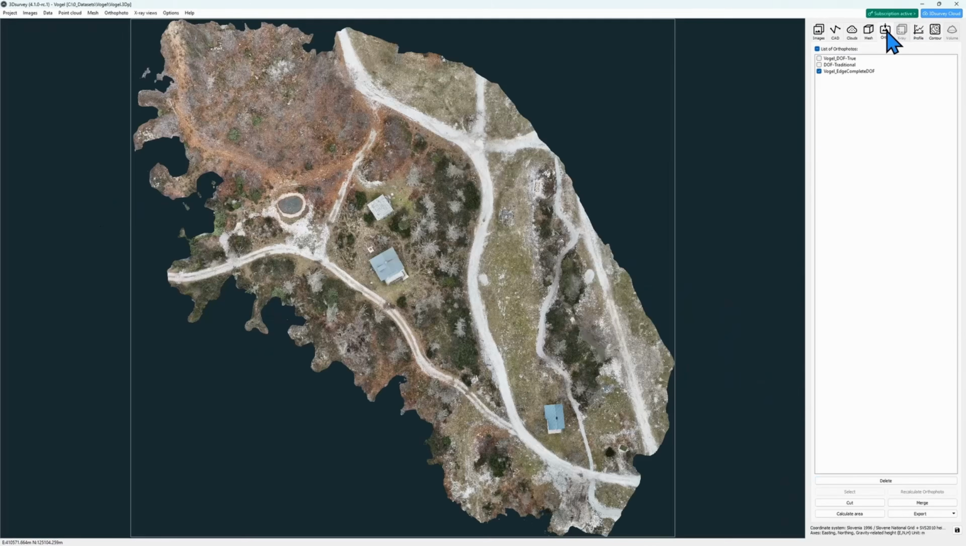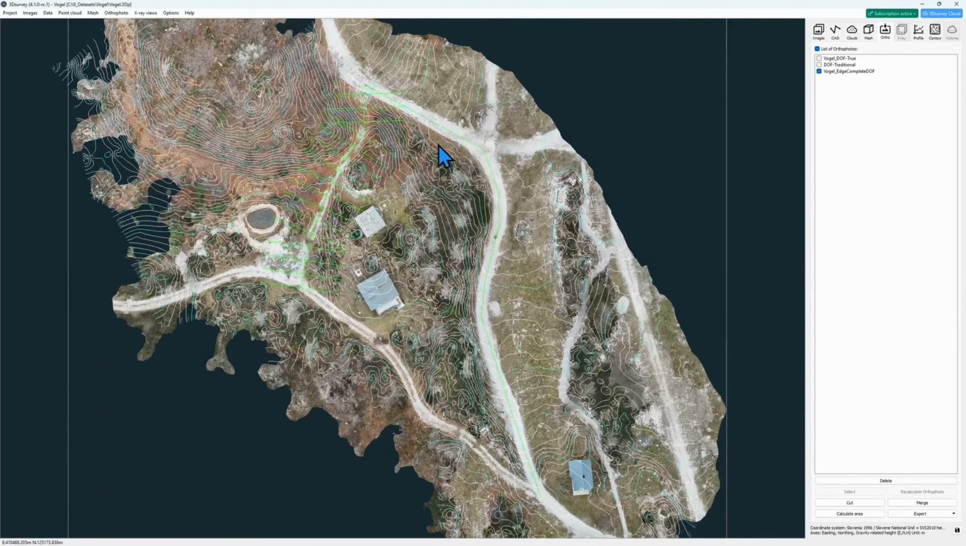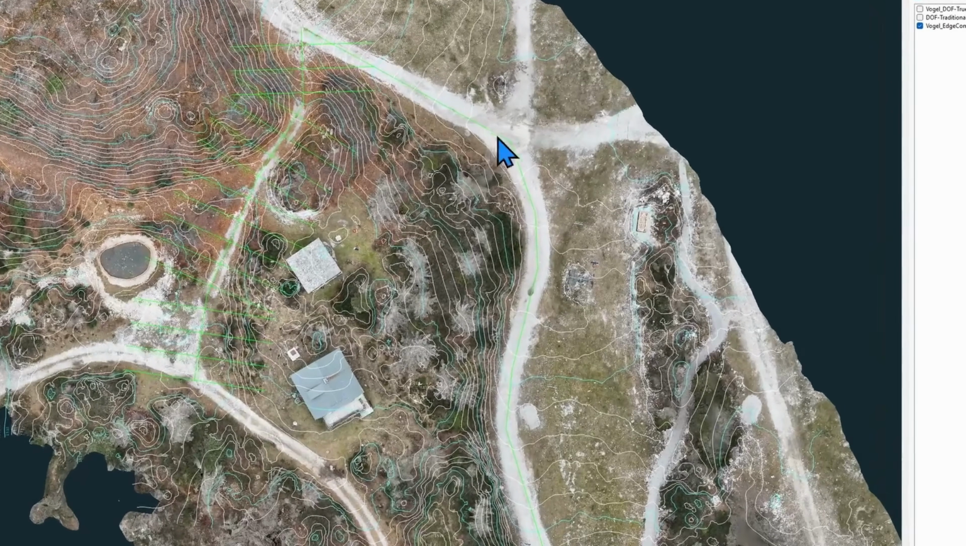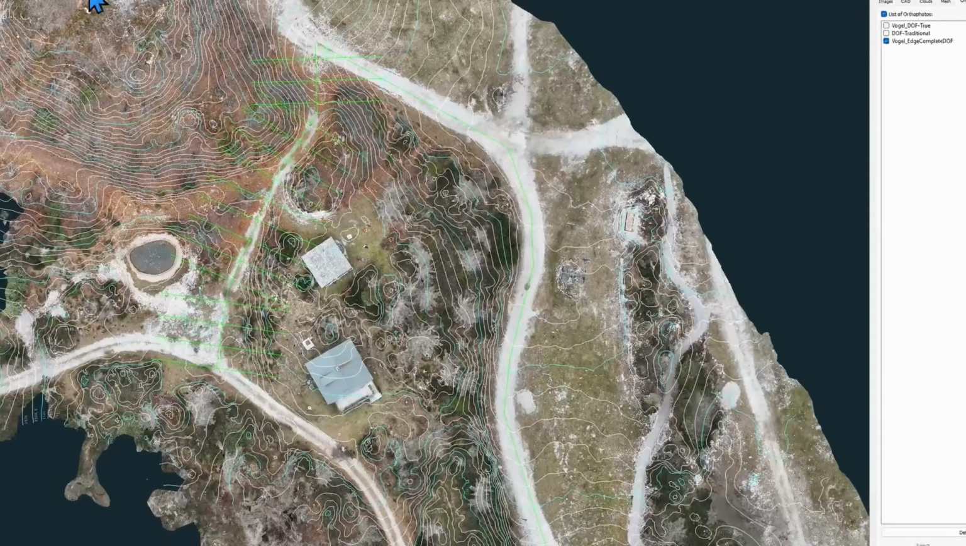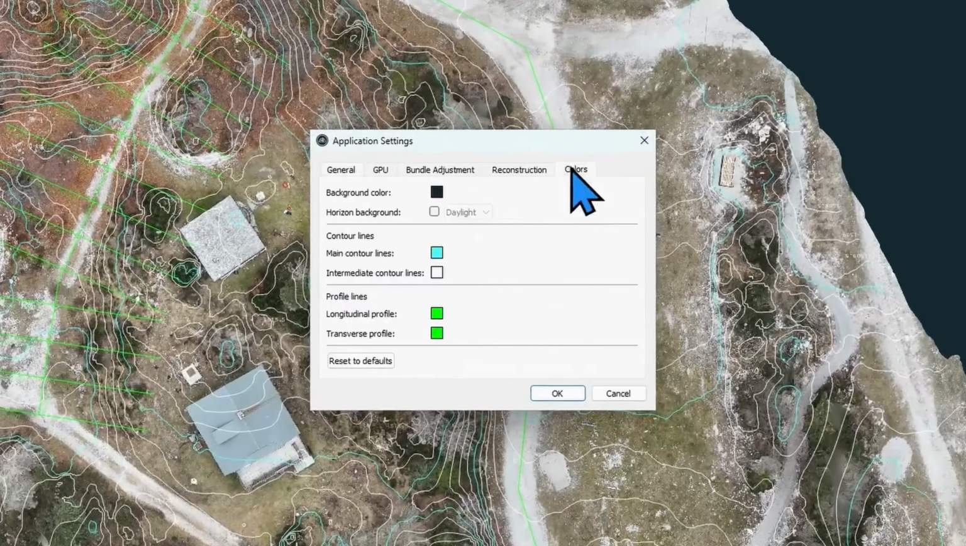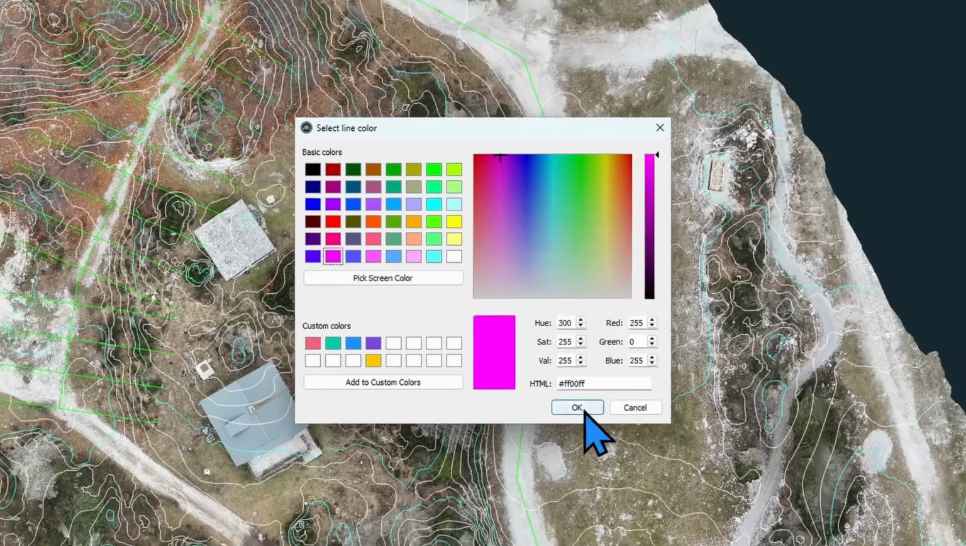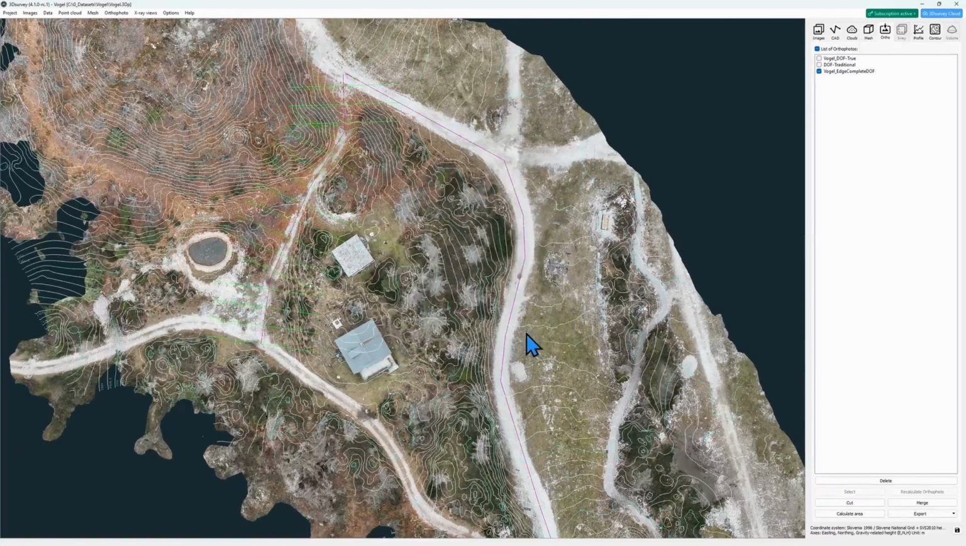To see the last feature of today, we have to switch to the Orthophoto tab. Now here you can see I also made some profile lines. Perhaps you would like to be more distinctive of which one is the leading line and which one is the perpendicular. We can choose the color for each of those. Let's say magenta for the leading line,